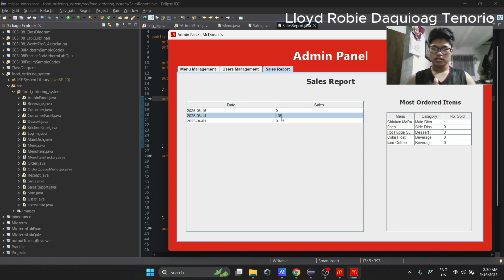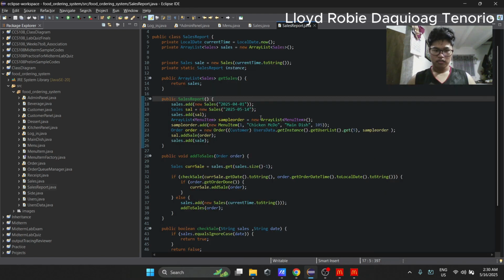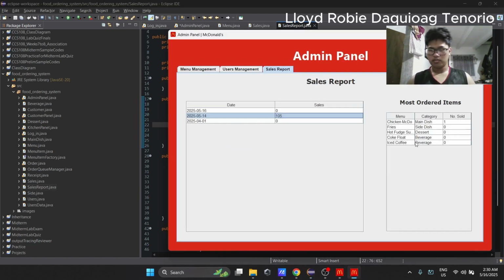So in the May 14 sales report, we have Chicken McDo as main dish, which has a total of 105. If we run the program again and select that row, the number sold of the Chicken McDo is equal to 1.